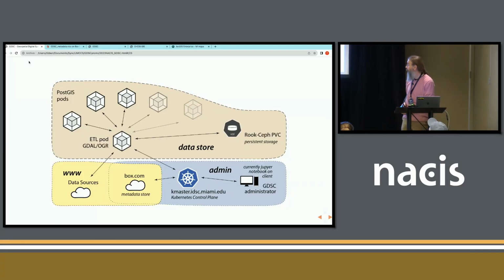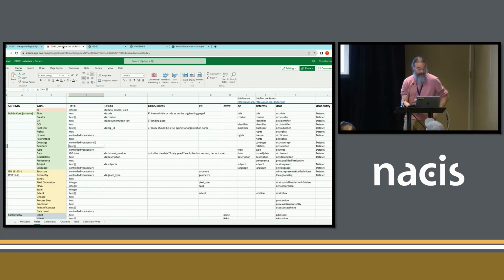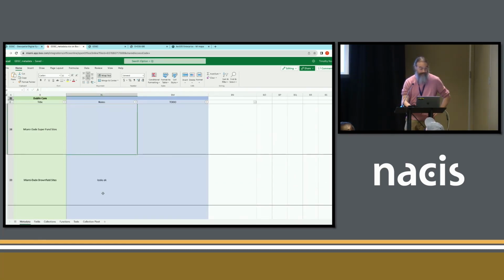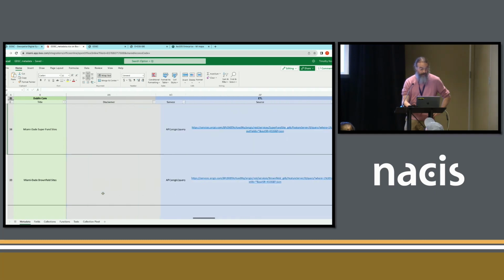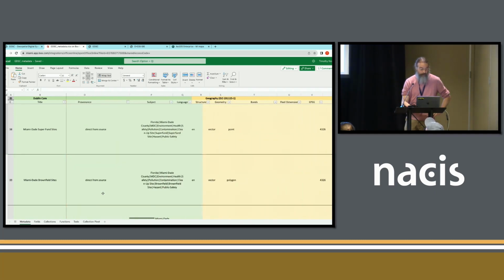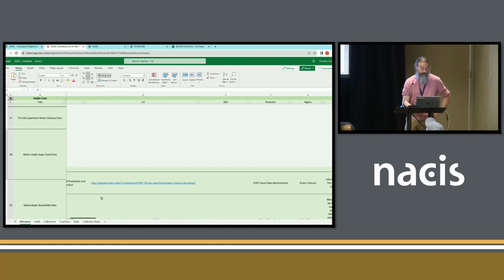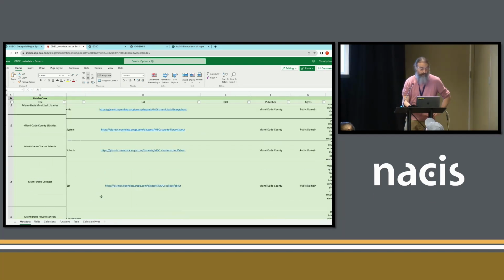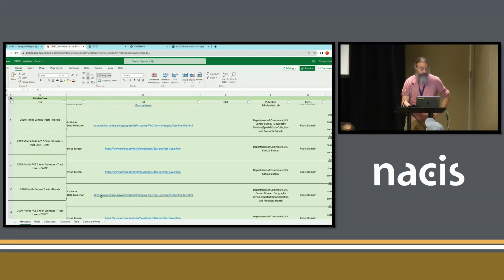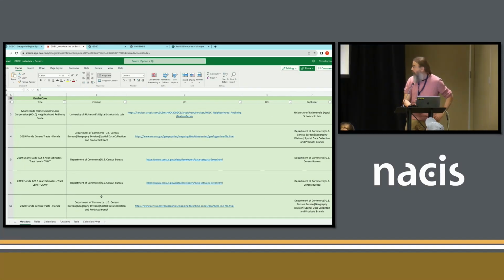The first thing I want to talk about is actually the metadata store. You'll notice that we have our metadata store on Box. Perhaps not the wisest choice of places to keep our metadata. So this is the heart of GDS you're looking at right now. And you can see that we're looking at metadata. It's just a collection of stuff. There's two reasons why I really like Box and why I chose Box. One is,